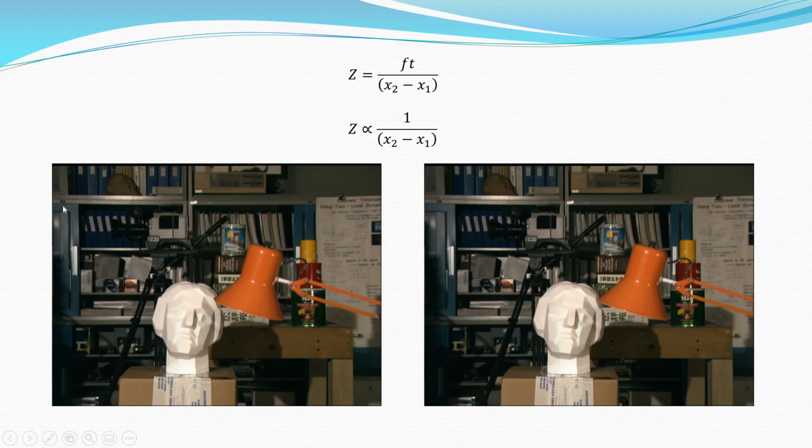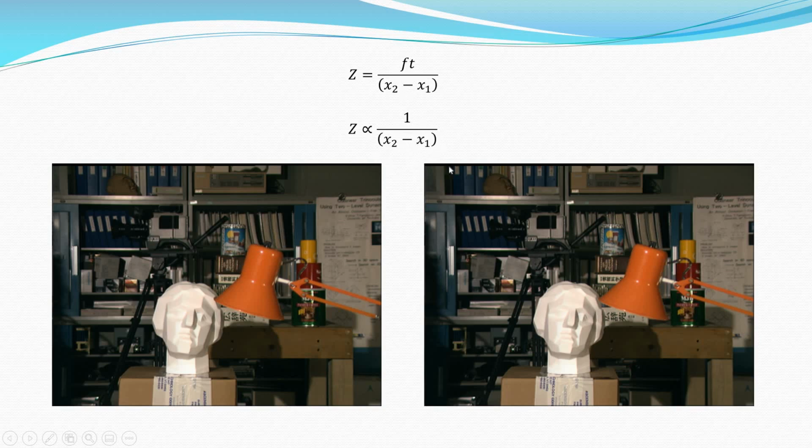We found that in this special case, this point will always lie in the same row of that image. So if this point is on, say, the 30th row of this image, then the corresponding point will also lie on the 30th row. There were two things that we did over here. First is to find the corresponding points, that is, to find out which x1 belongs to which x2.